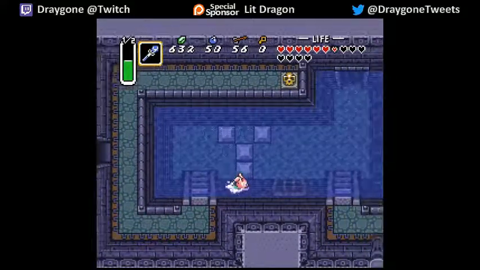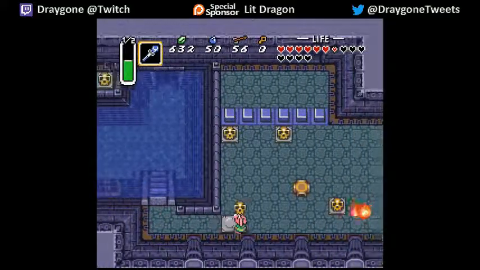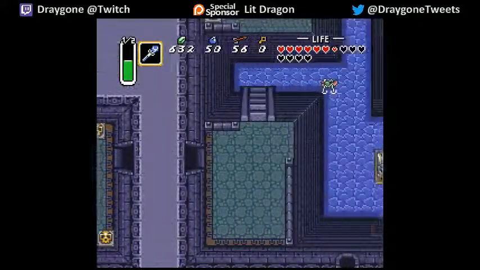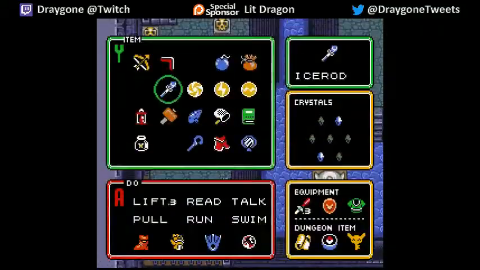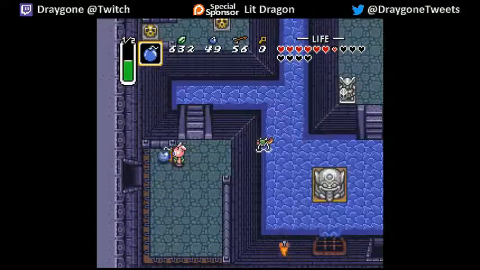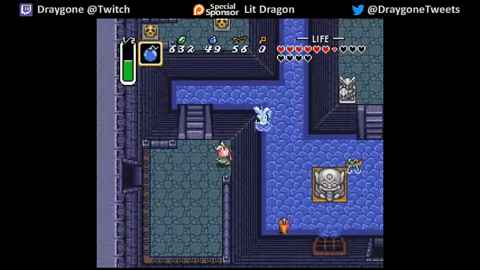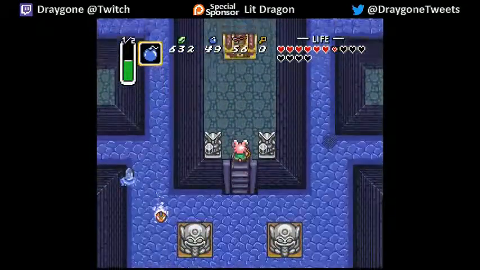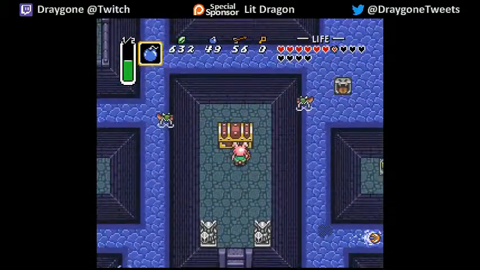Anyway, now that we got the big key, we can just go ahead and make our way back here and get that big old treasure chest, which has, like I said, a very awesome item. That thing's totally gonna damage me if I jump down there too early. There. Gotta make smart use of your items. Anyway,